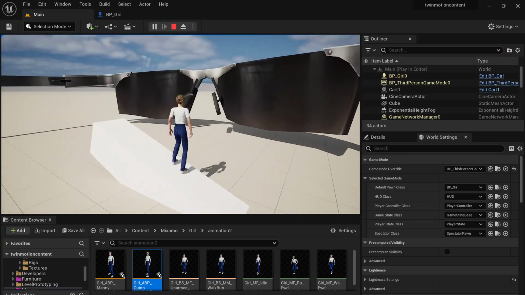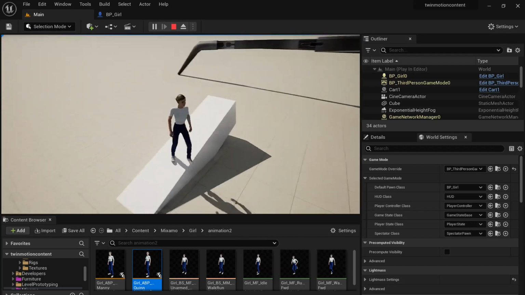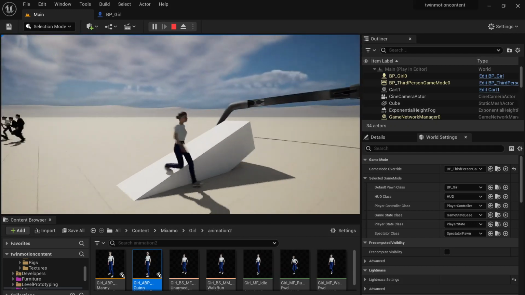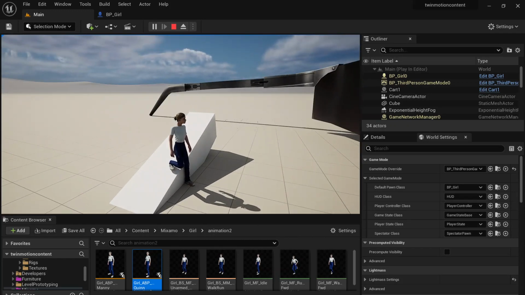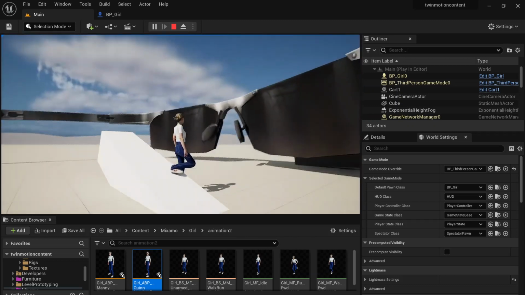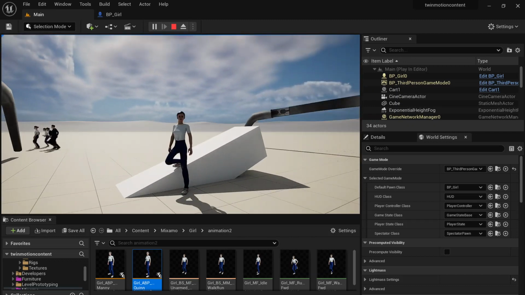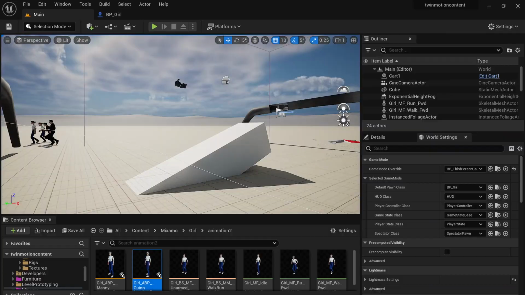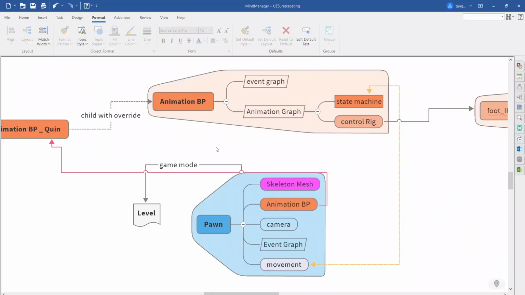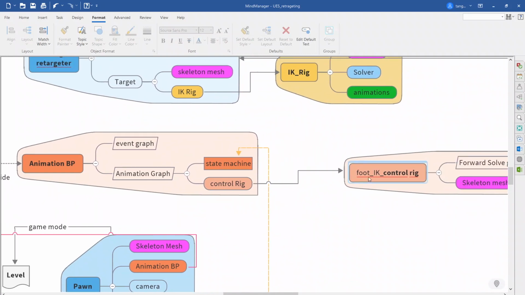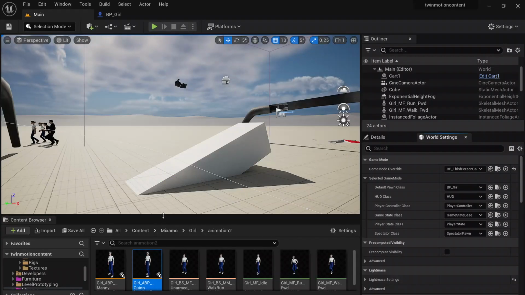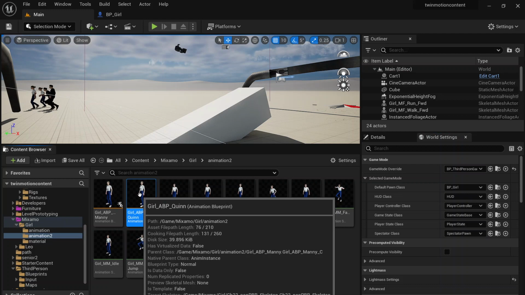Okay, so here I can see her foot. I do want to mention a little bit, this is actually really handy with the Mixamo plugin because the plugin gives you this IK foot rig already. You don't have to redo it by yourself. What I mean is, for this animation BP, right? We know its control rig is pointed to the foot IK control rig that makes the foot in the right height. So here if I open the girl,